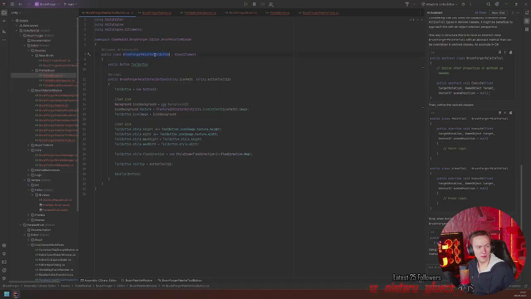I don't like that if I inherit from the tool button and then I'm a visual element and also has functions. I mean, that works.